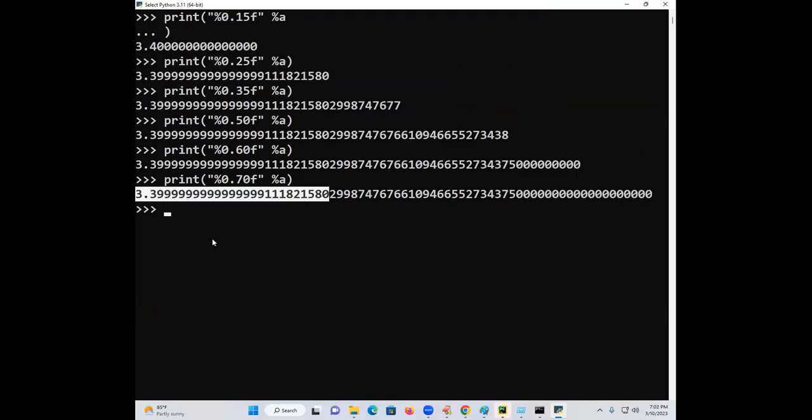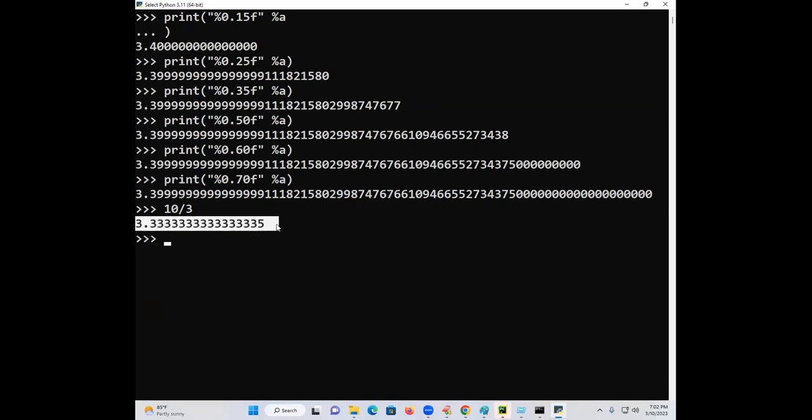Now let me write it. 10 by 3, I will write it. This is the data. Why is the last 5 coming? Do you know the secret of this concept? Nobody knows. We'll explain in the class. You multiply 3 into 3.333 into 3, you say it is equal to 10. But if I ask you 10 by 3, you will go on writing 3.333. But the answer is 10 is coming or not? What is the concept behind that? You take any working professional and ask these questions out of order. That's why I will bring you from zero level to hero level. I will explain all these things.